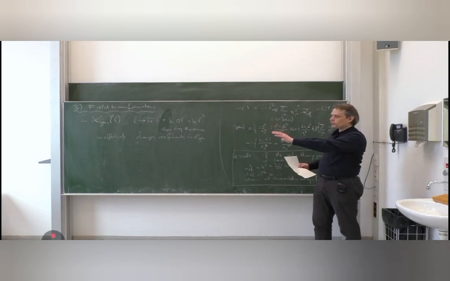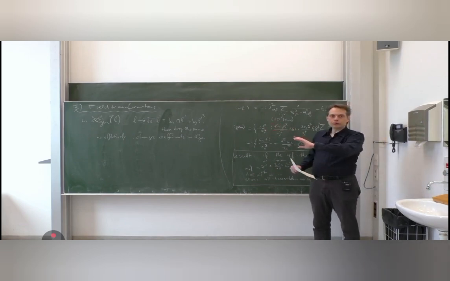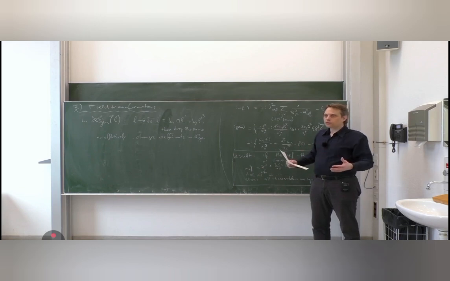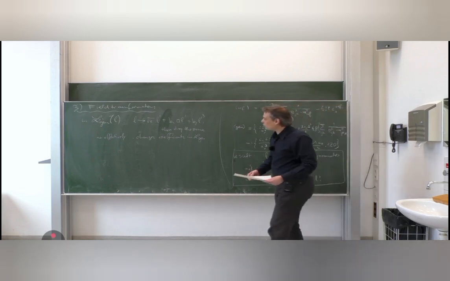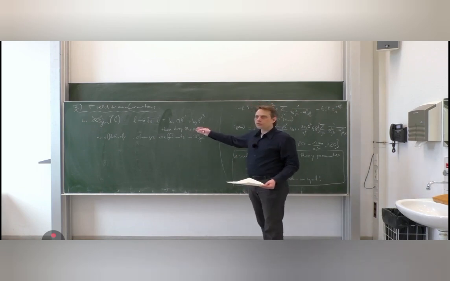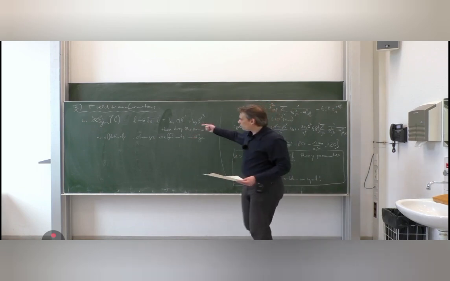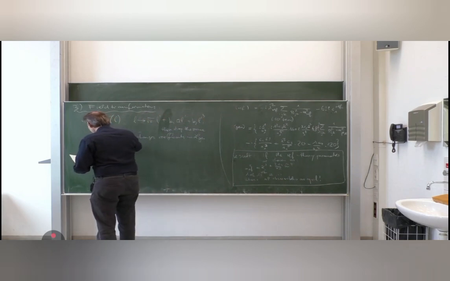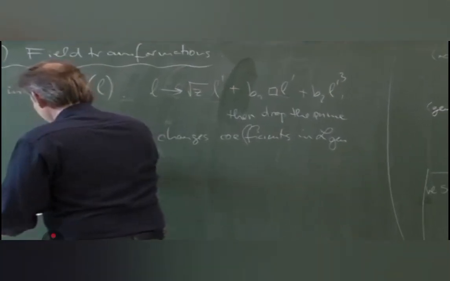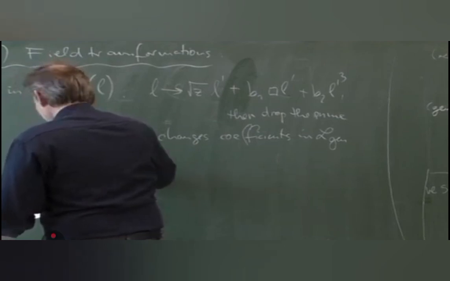If we apply this most general field transformation, nothing new can appear. There are no new structures. All the structures which appear have already been there before, so only the coefficients change. Therefore, we can write the changes as following, namely C2,